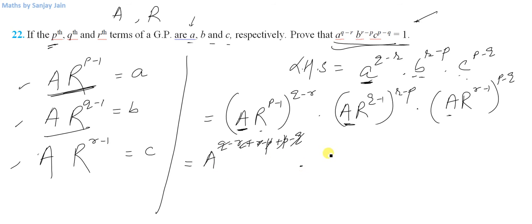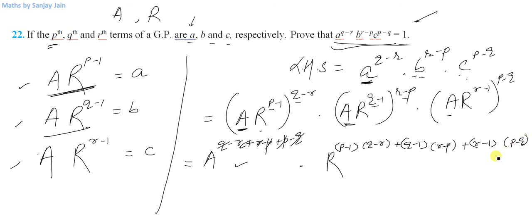And what about R? R raised to p minus 1 into q minus r, and what is this one? This is q minus 1. Why am I adding these? I have just explained it here. Base is same, so I am adding the powers. And the third is r minus 1 into p minus q. This is A raised to power 0, so this is equal to 1. And what is this? R raised to power